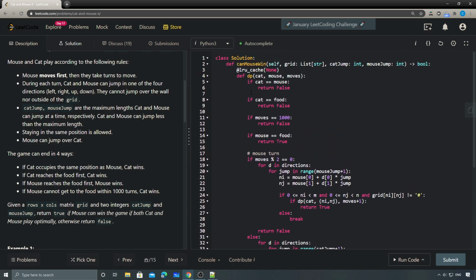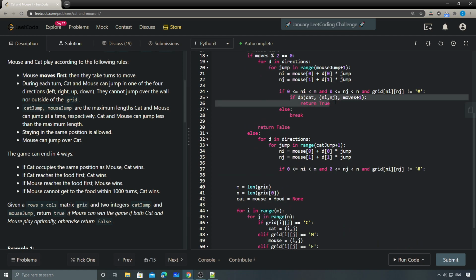Since the mouse will return true as long as there's any scenario that can give the mouse a win, that's when it will stop. Similarly for the cat, as long as there's a scenario that can make the mouse lose, the cat will definitely take that scenario. So that means that if there's a scenario that can return a false,